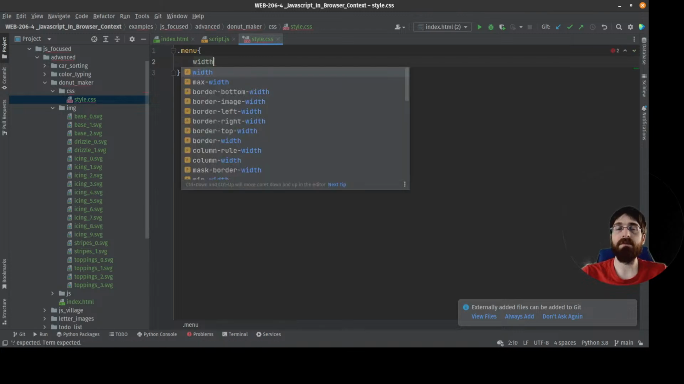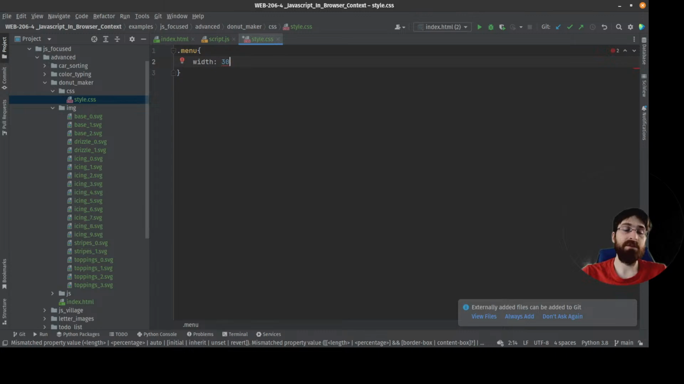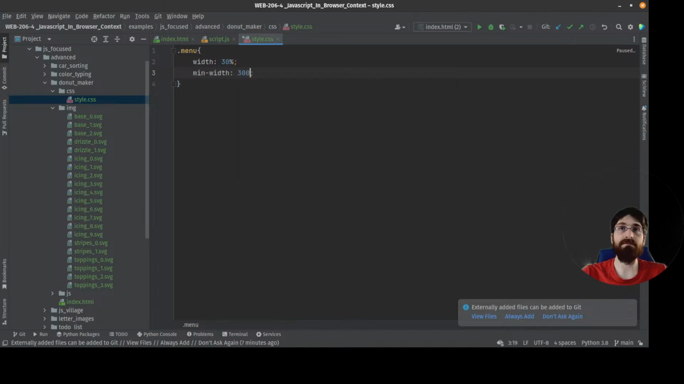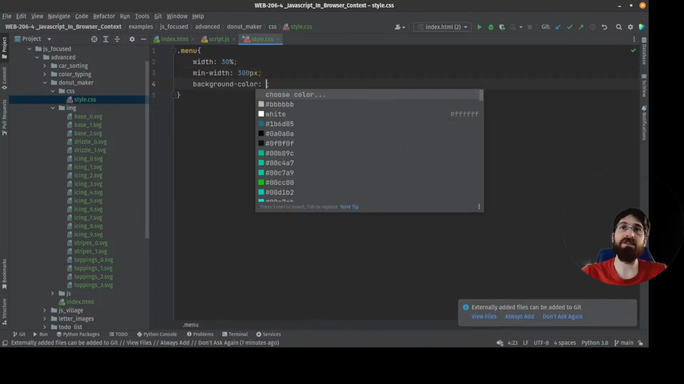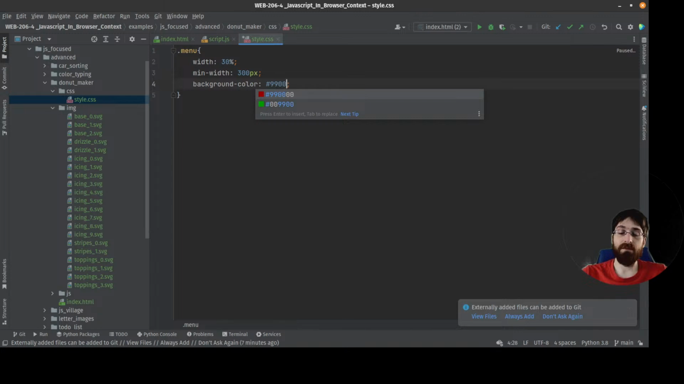Width. Maybe 30%, but maybe min, I don't know, 300 pixels or something. Let's see how wide that is. For now, let's just give it a background so it's easier to see. Something purplish? I don't know. Donut Maker feels like a purple background game, kind of. Red. Maybe brighter. Let's go like,